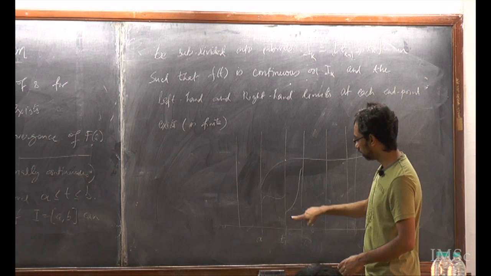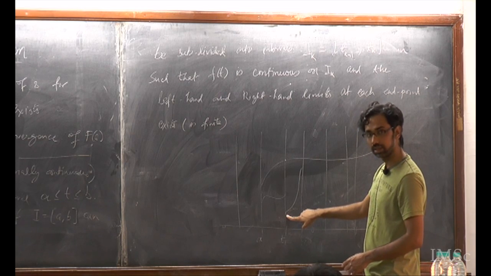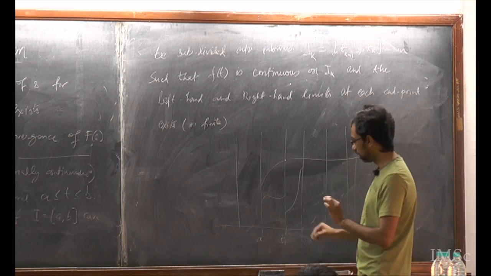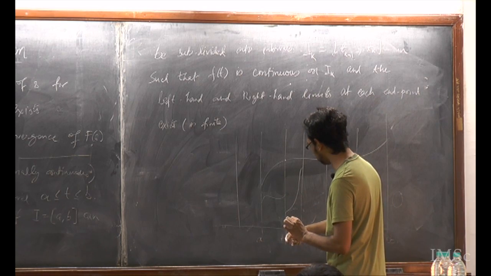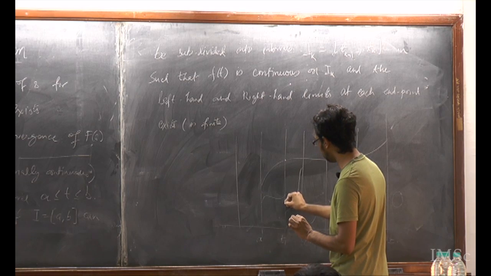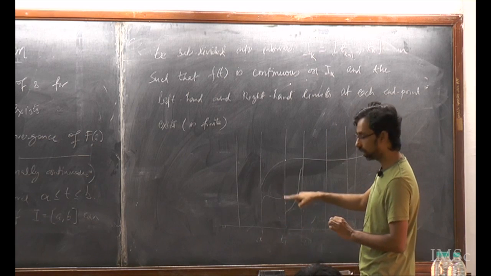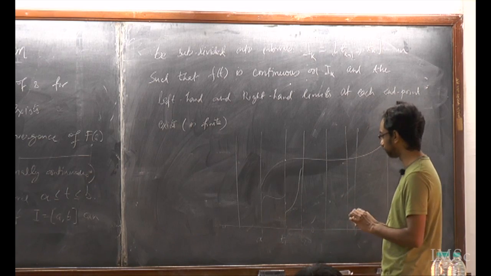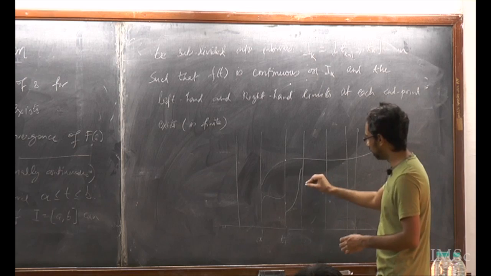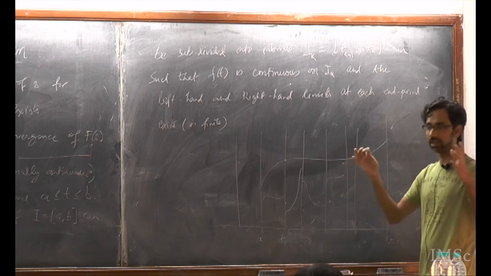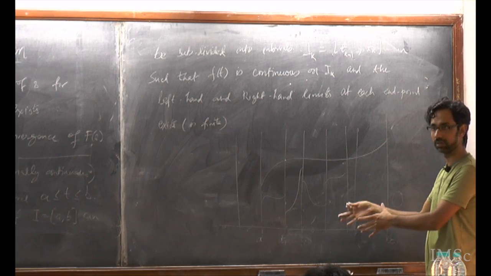The left hand limit and the right hand limit still exist, but the function is not continuous at this point. It could also take, at this specific point T1, any value. It need not be this value or this value. It could take any value, but finite. And similarly for other intervals like this, so it's broken up into continuous pieces. That's why it's called piecewise continuous.